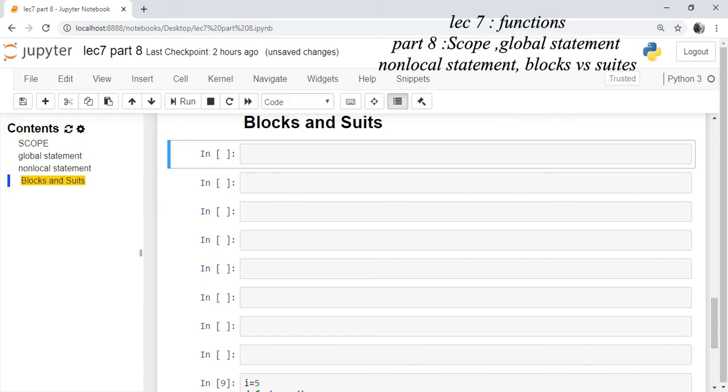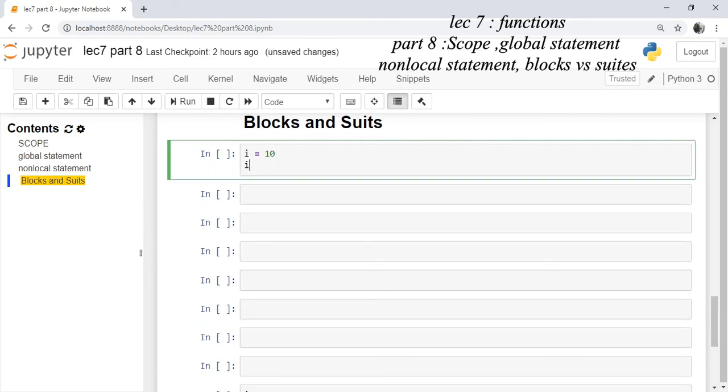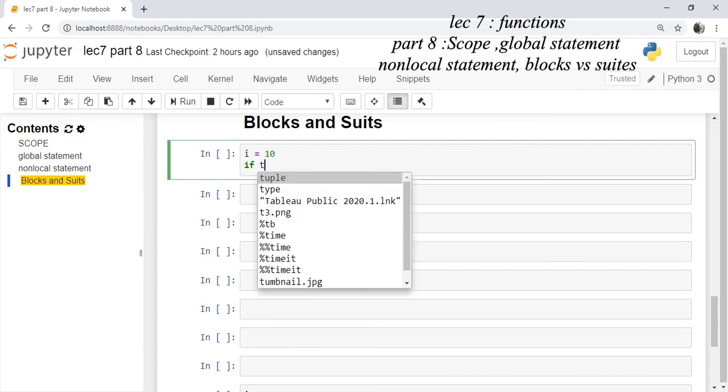If the statements are defined inside a function, then it is called a block. If the statements are defined inside a conditional, for example if, then they are called suits. The scope of an identifier defined inside a function is local. The scope of a statement defined inside a suit depends on whether the suit was defined locally or globally. For example, I have a variable I as 10, then I define a conditional, if true,